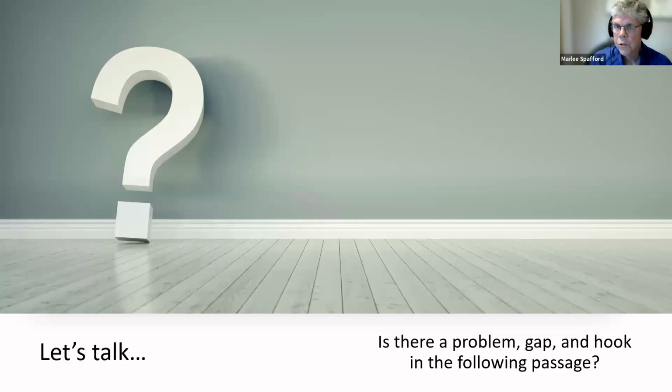So now we're going to apply that concept of problem, gap, hook to a passage that's already been written and ask you to contemplate, do you see a problem? Do you see a hook, a gap? Do you see a hook in some order? So here is,